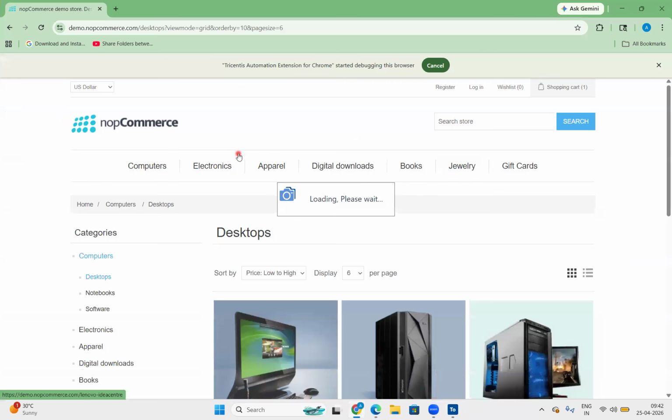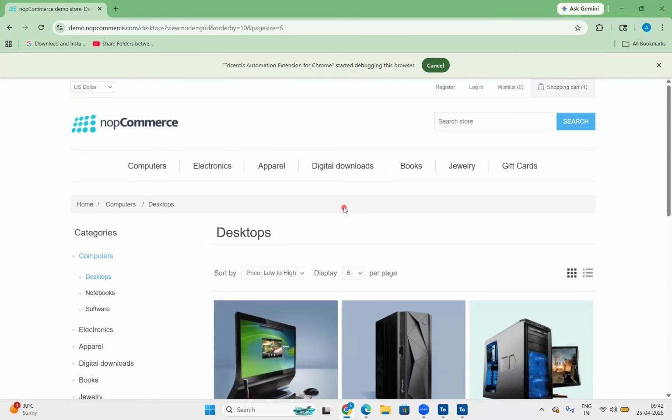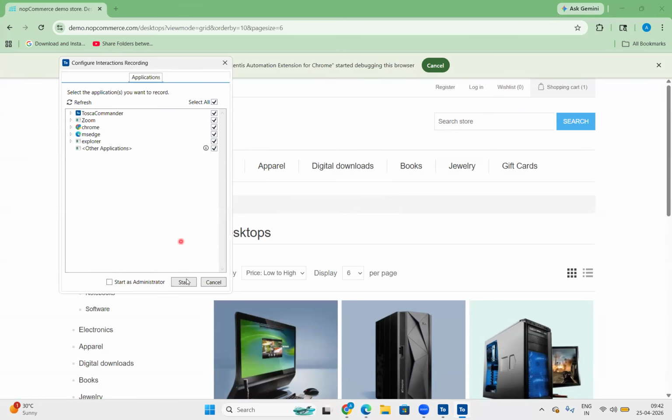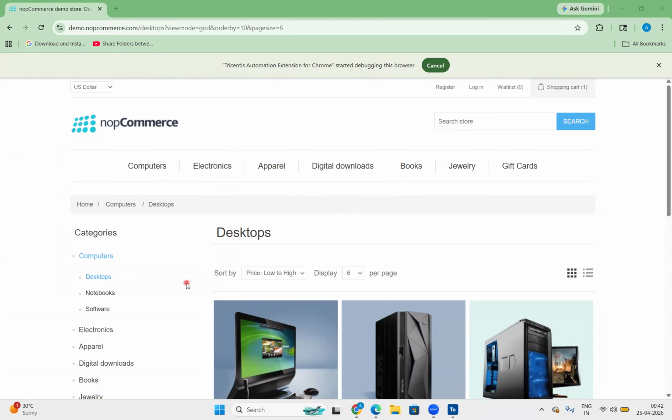Once you open this one, it is loading. Wait. Okay. So it is asking for permissions, team. Click on start. Once you start here, you can see at the left bottom of the screen the recording feature is enabled and even it is started.